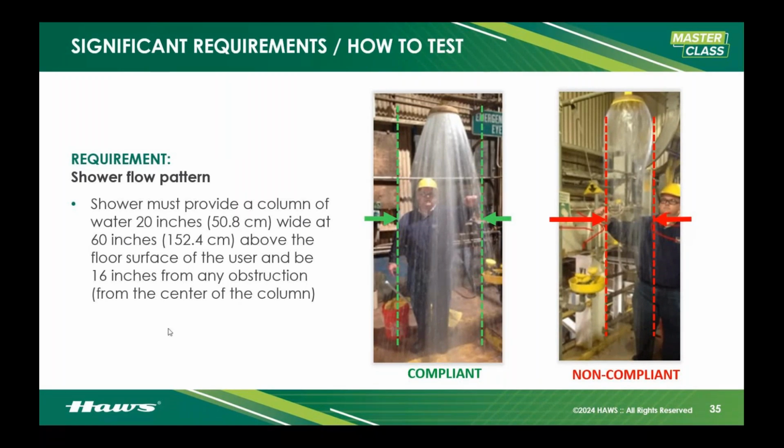All right. 20 inches wide, 60 inches above the floor. Average human anthropometrics. Also, the laughing emojis, those kind of got me rolling there for a minute. Now, 60 inches wide, 20 inches. That's average human shoulder spacing. Okay. That's just ensuring that that flow pattern when running is going to completely cover our body.